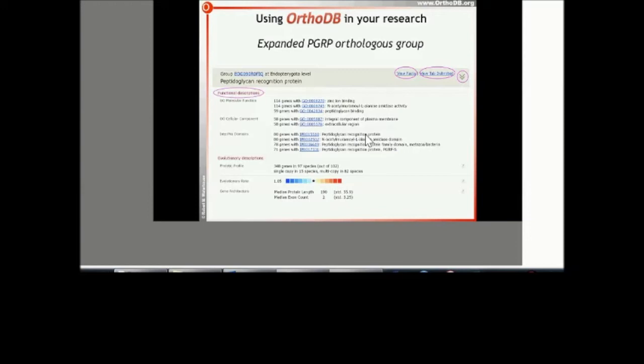At the top, you have any functional descriptions for any of the genes included in this orthologous group, starting with, in this case, the Gene Ontology molecular function and cellular component information, followed by InterPro domains. Below that, you have evolutionary descriptions of this orthologous group. And on the right-hand side and all across the website, you will see these little question mark icons that you can click on that will take you to the help page to give further information about what this information is